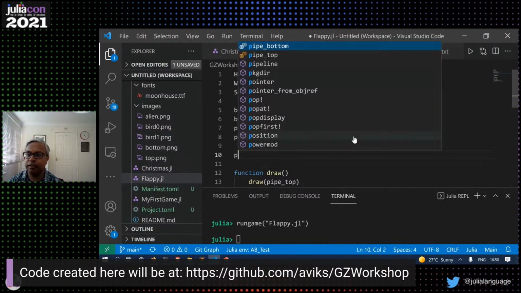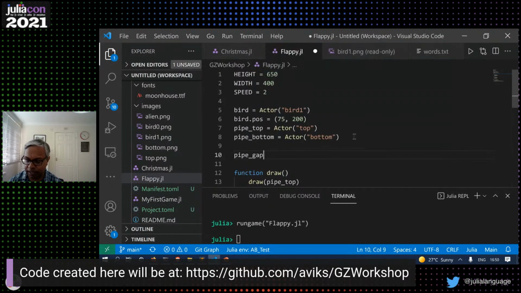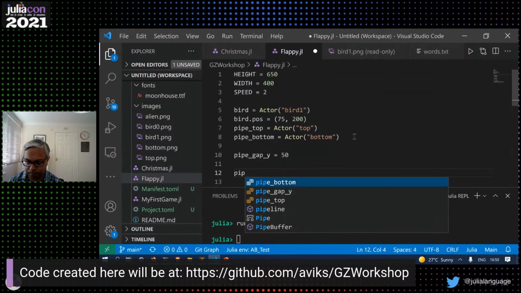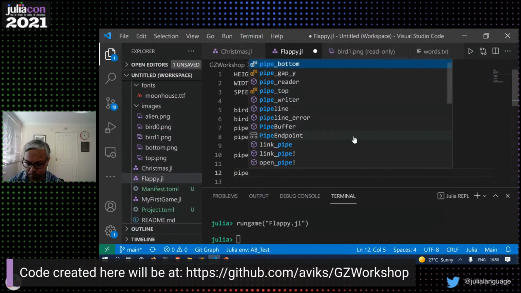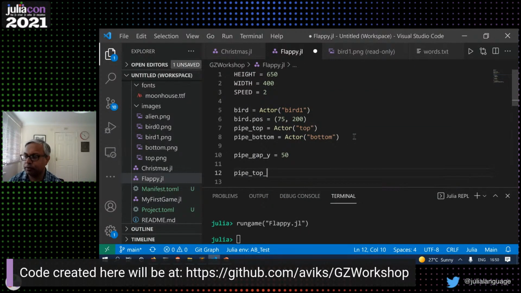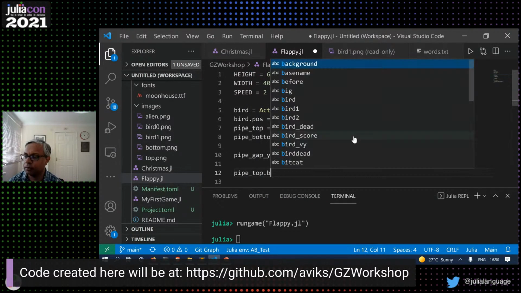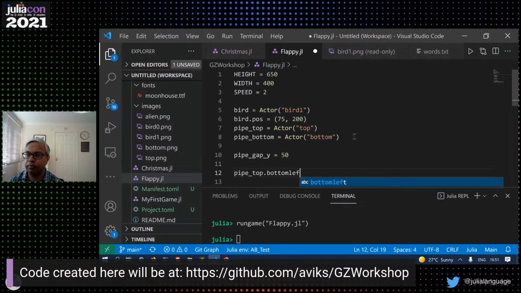So let's say pipe gap y equals 50, right? And then we say pipe top dot left equals